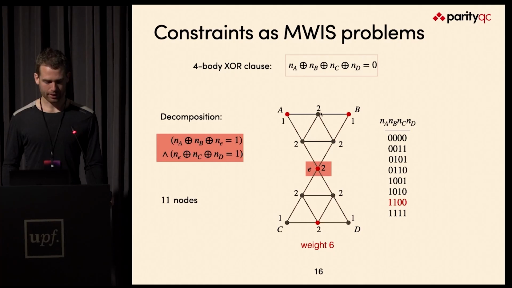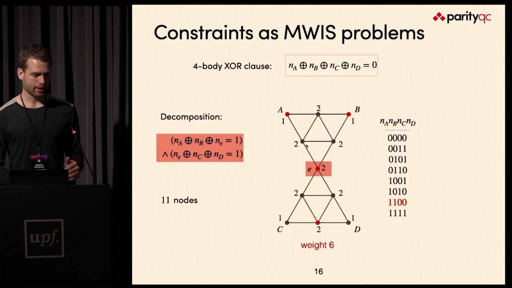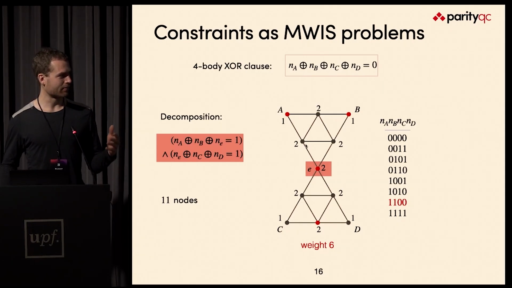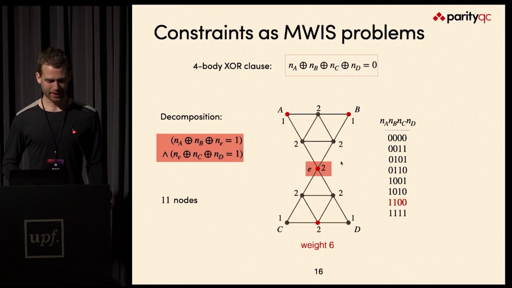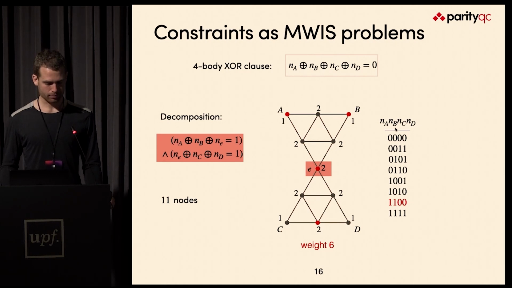So you have many maximum independent sets, but all of them satisfy this condition, and also it's a sufficient and necessary condition. So if it's in here, then it's a maximum independent set, and otherwise it's not. So that is how you can encode a